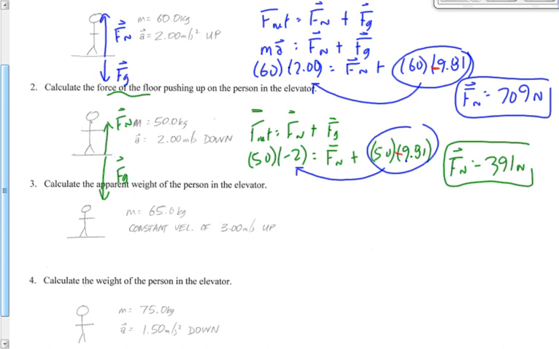Now, it says it's moving at a constant velocity of 3 meters per second upwards. We don't have anywhere in this equation where we see velocity, but we do have somewhere where we see acceleration. What's the value of the acceleration if you're traveling at a constant velocity? Nope. 0. If it's a constant velocity, the acceleration is 0. So the fact that it's 3 meters per second is completely irrelevant. It could move up at 20 meters per second. If it's a constant speed, nothing's going to change. So I'll leave you with that one